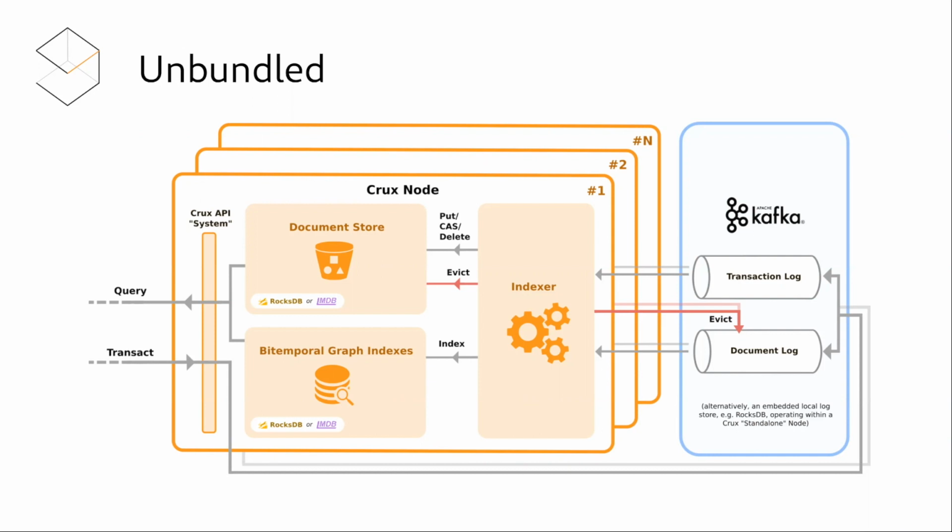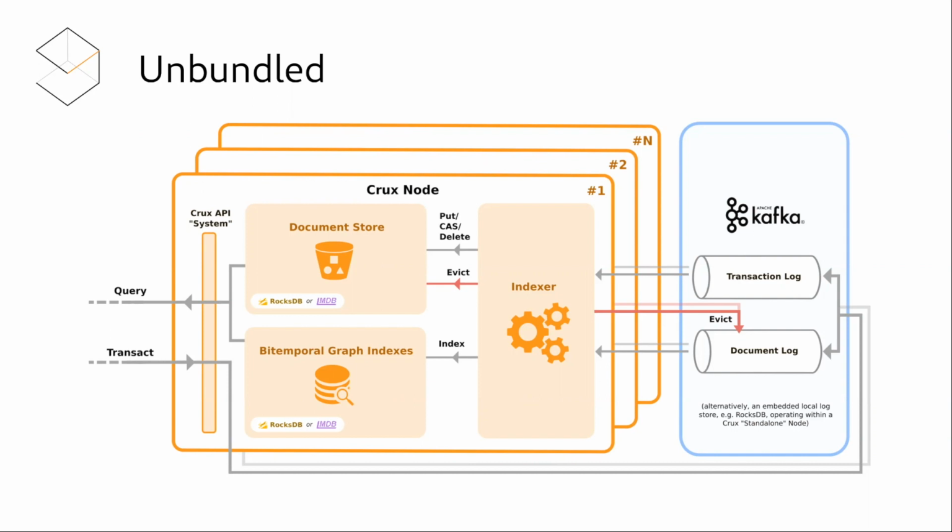heavily involved in Kafka. Kafka is sort of central to this log streaming architecture. If you put it in Kafka, it can be read by someone else at some future point in time. And all that matters really is the ordering in those topics in the Kafka logs. So we use Kafka heavily to solve this: how do you run transactions in Crux? We take transactions in through the Crux API, and the first thing that happens is it goes in the log, because that's what being unbundled means. It means that potentially you could have other things other than Crux reading from that log, inferring things. Maybe you have a completely different implementation of Crux